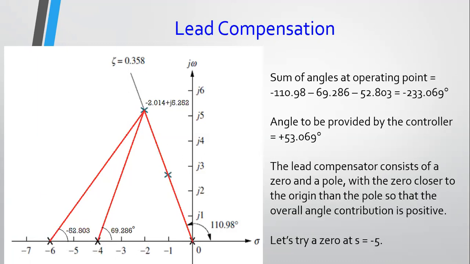Let's bring it from here onwards. So I expect you to be able to find a new operating point from the specification that you want to reduce the settling time by a factor of 2. Okay. Now, just like we've done earlier, you're going to work out all your angle contributions, and we expect